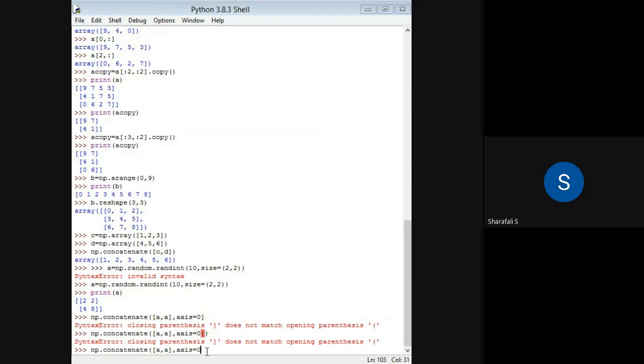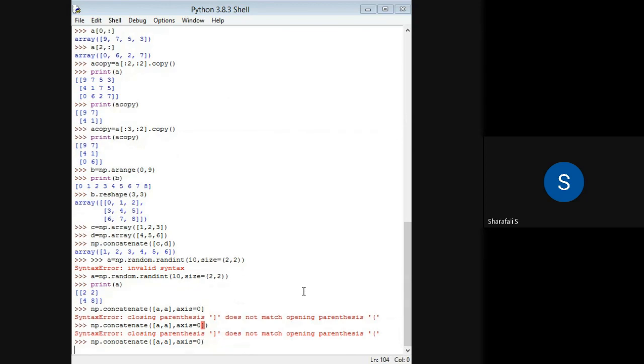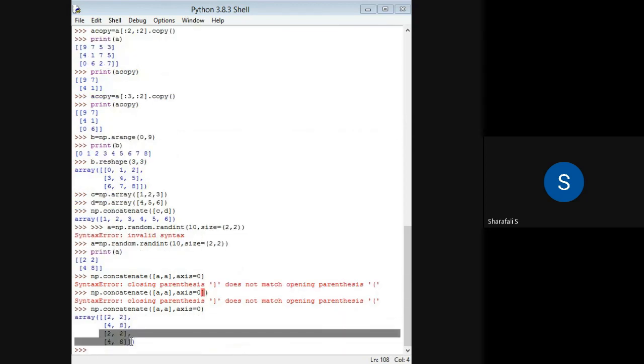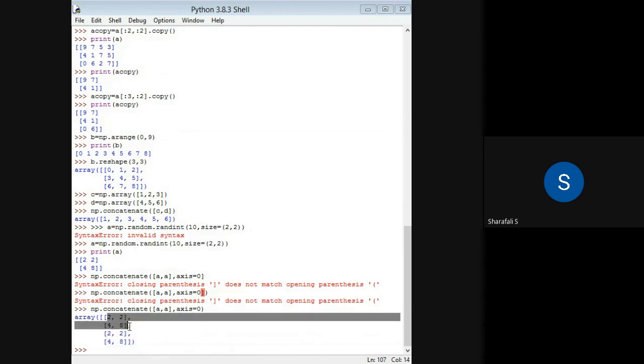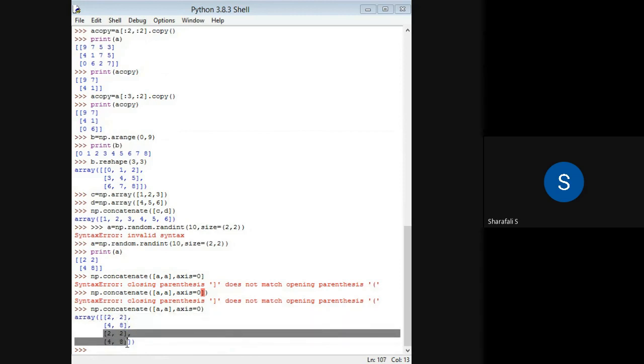This one I have to remove it. This one, okay. Now you can see that this 2248 is concatenated with the first array, that is 8. Since I am using the same array, the elements will be the same. So don't worry about that. Here we have this 2248 concatenated with this array vertically.